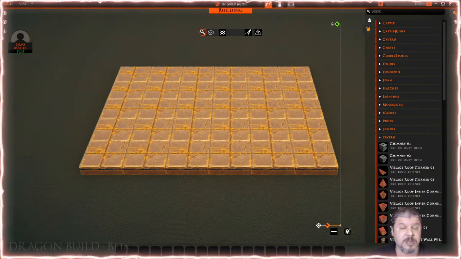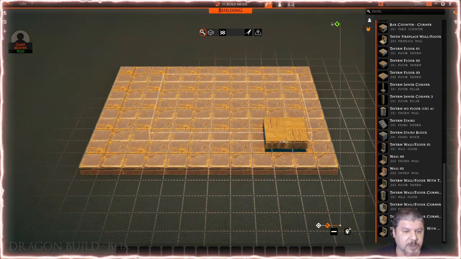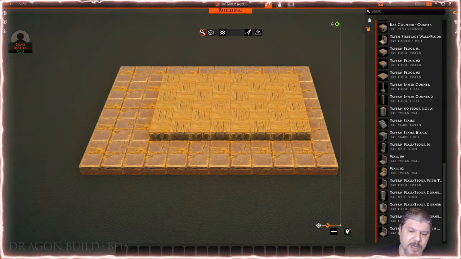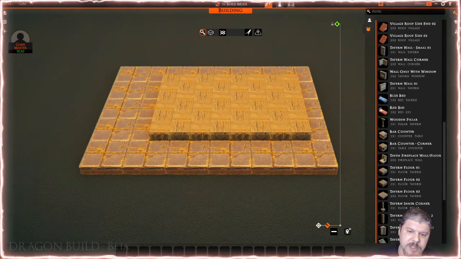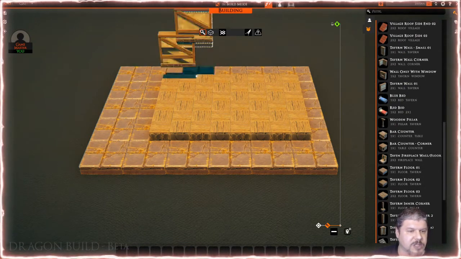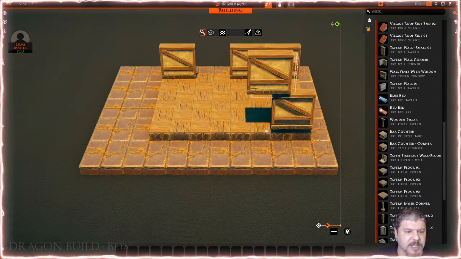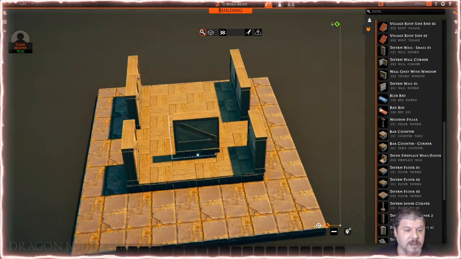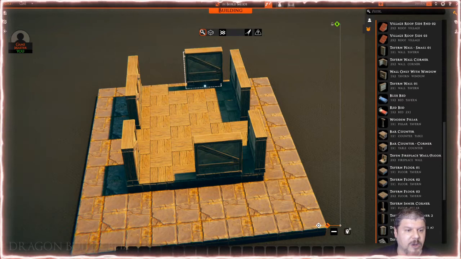So for example, we named this board Tavern. Well, I'm going to go ahead and build a very, very small and simple tavern in here, just to give you an example of what you can do with this system. So let me grab just a couple walls here. Which walls do I want? I want this one here, and I'm just going to throw in a couple walls there. I'll throw a wall in here, here, and here. And then I'm going to rotate my piece, and put a wall there, a wall there,